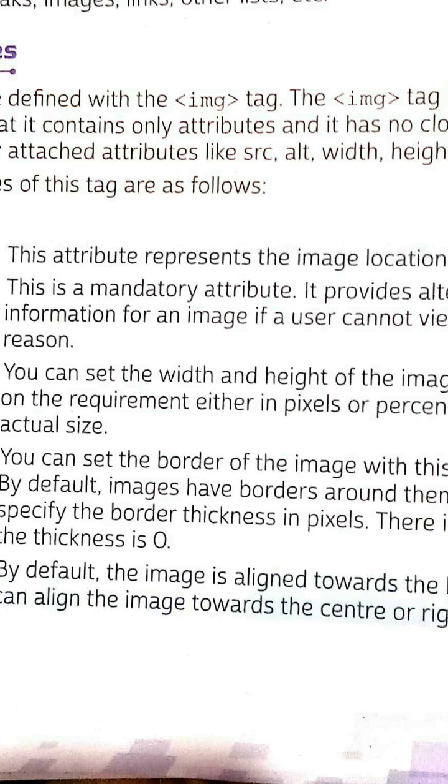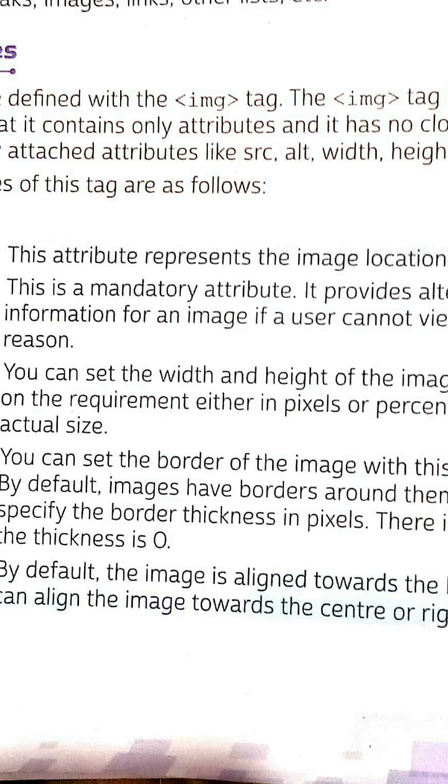So, dear children, remember that an image tag contains only what? Attributes, and it has no closing tag. Earlier, we were learning that everywhere you have an opening tag as well as a closing tag. But in image, it contains only attributes and it has no closing tag.